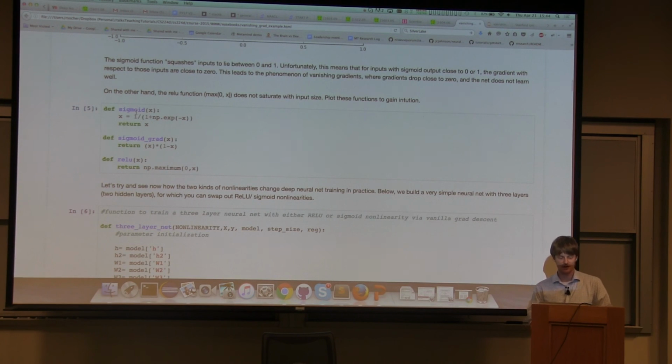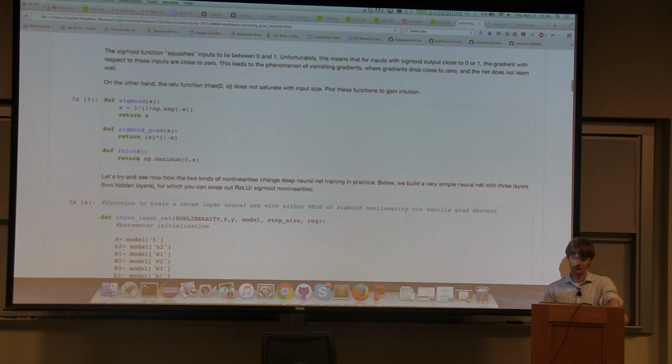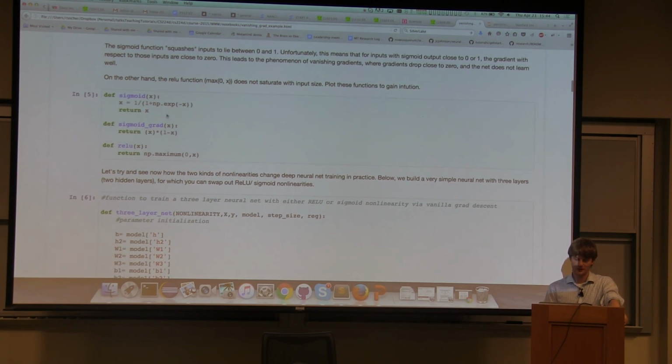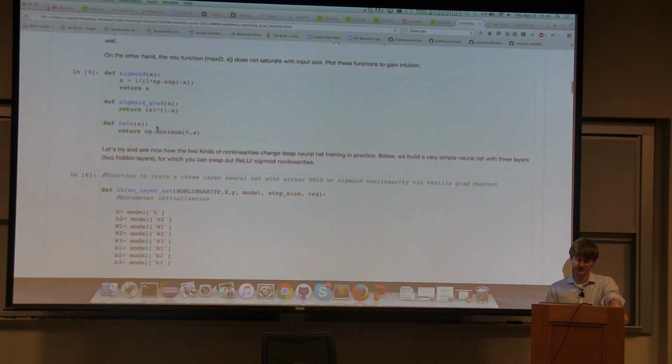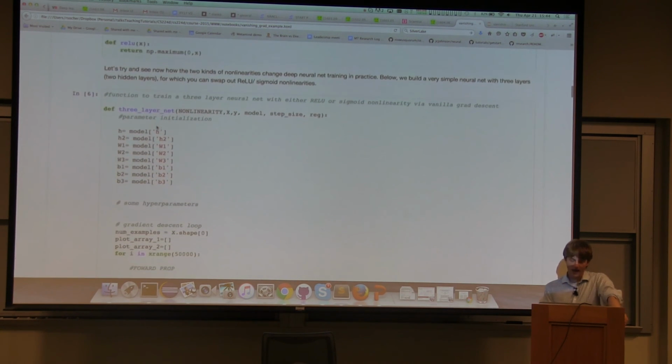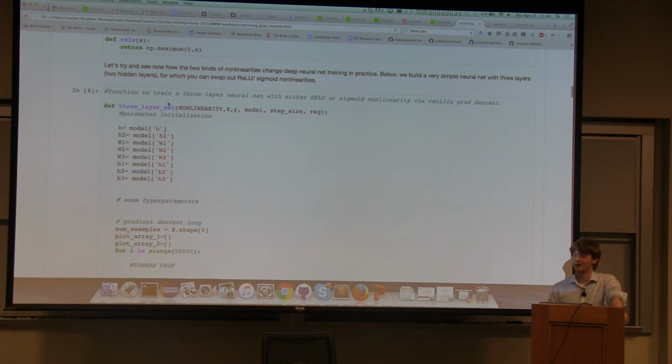So this is essentially our f and f prime. And we define the rectified linear activation function too. Here again over the elements. This is always element-wise if it's a vector. Now let's define a simple 3-layer neural net. We have some inputs x, have some labels y that we want to predict. We'll have our step size, the alpha learning rate. We have a regularizer, standard